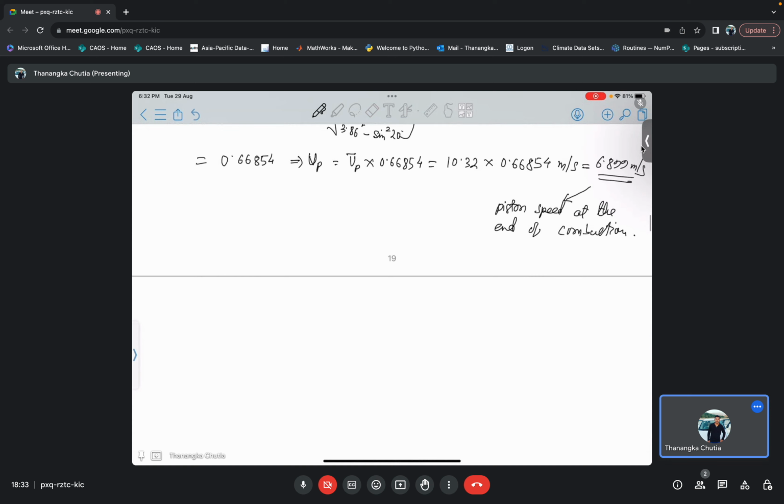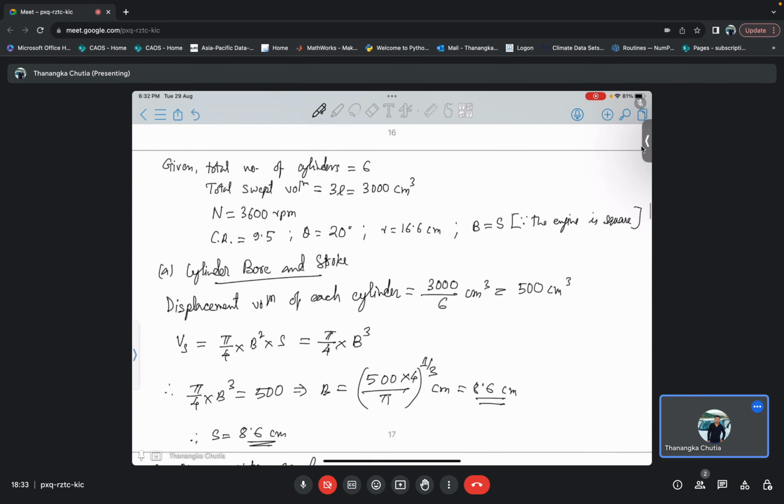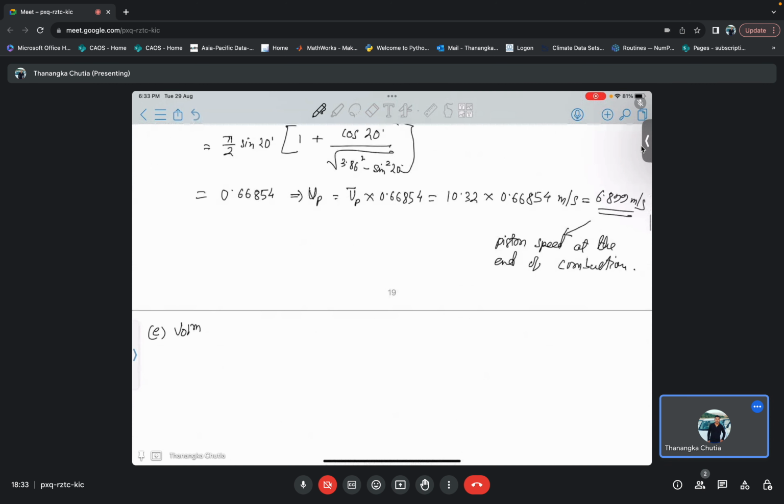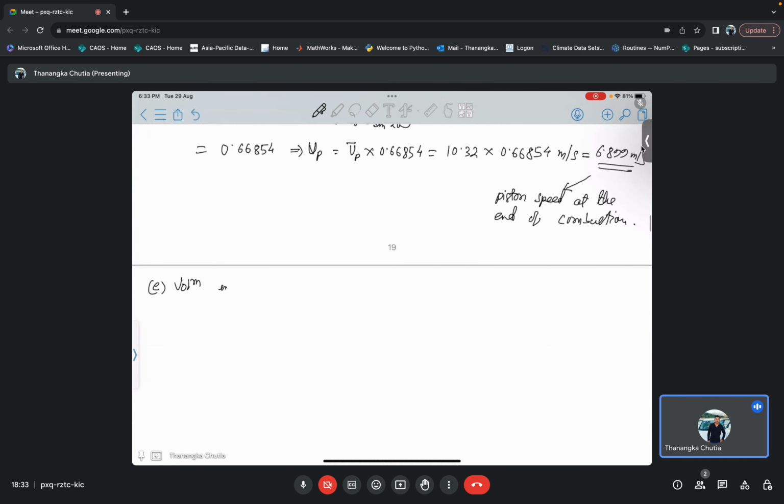Volume in the combustion chamber at the end of combustion, okay. So that means now, therefore, we need to find